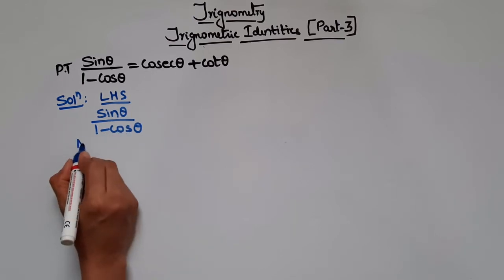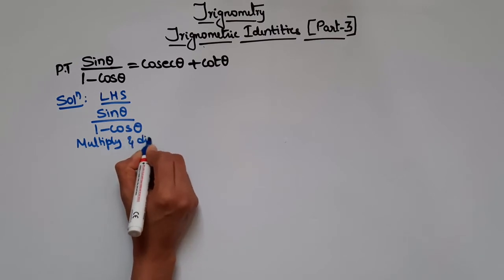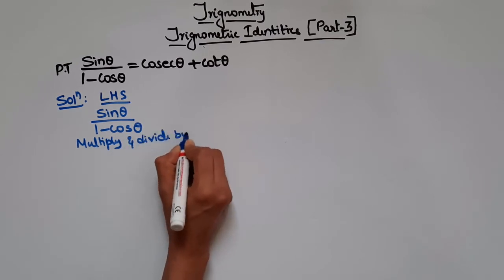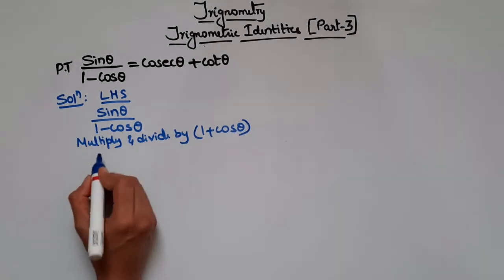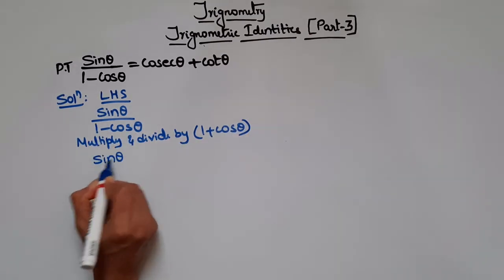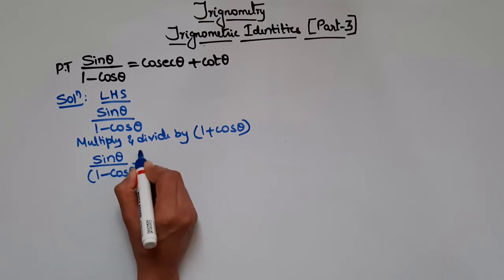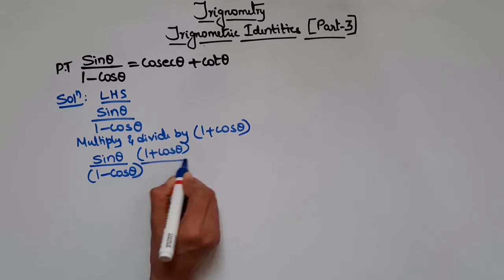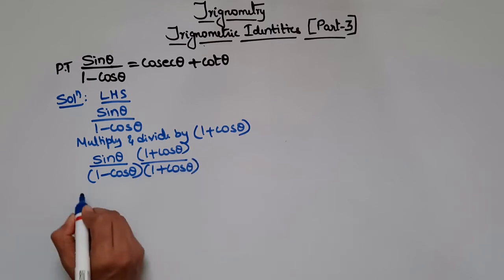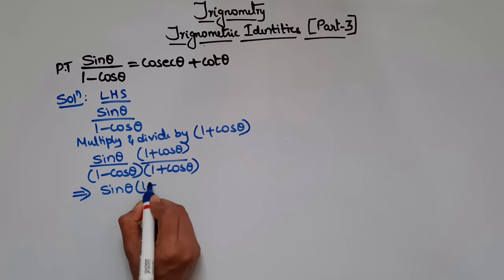So let's do that. Multiply and divide by 1 plus cos theta. So now your LHS will be sin theta by 1 minus cos theta into 1 plus cos theta. We multiply by 1 plus cos theta and we will divide by 1 plus cos theta, right? So this implies sin theta into 1 plus cos theta